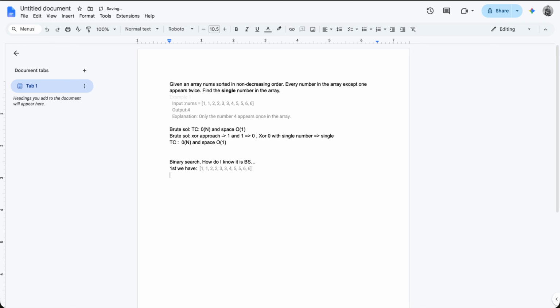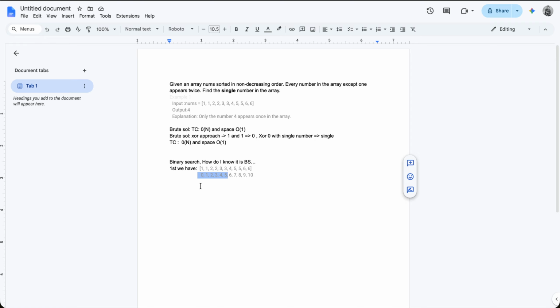So what we can think of, if I do an indexing of this: 0, 1, 2, 3, 4, 5, 6, 7, 8, 9, 10, if I do an indexing, I can see that till